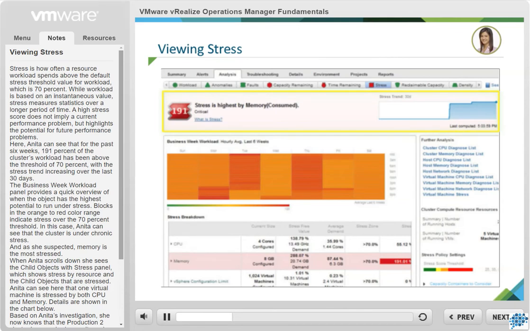Here, Anita can see that for the past 6 weeks, 191% of the cluster's workload has been above the threshold of 70%, with the stress trend increasing over the last 30 days. The Business Week Workload panel provides a quick overview of when the object has the highest potential to